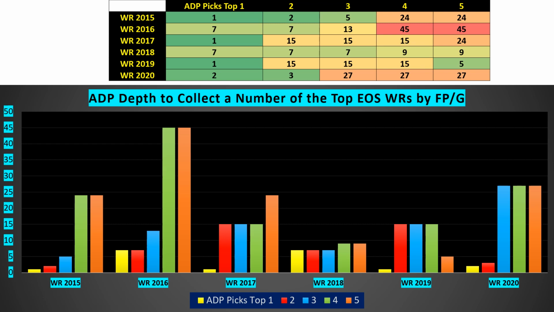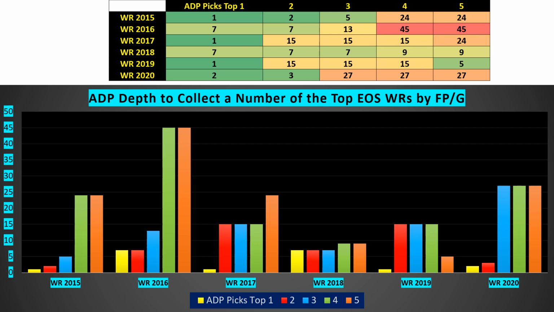I mean, I know 2016 was past the 27th, right? It was 45th. So probably the top 30 ADP, most likely, past that point, you're just not going to pull those guys out. It's just not going to occur. So you need to see that. It just tells me kind of what we're really up against there.